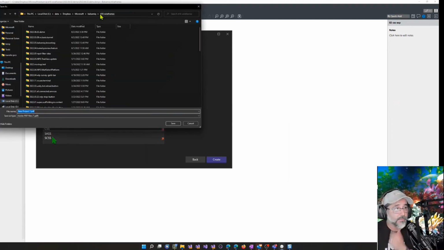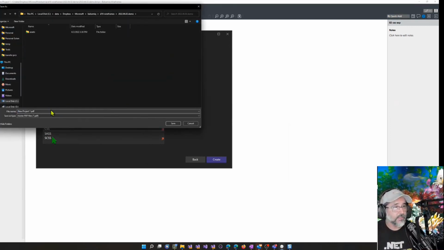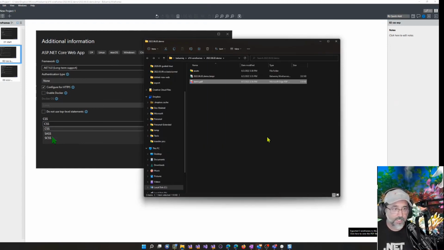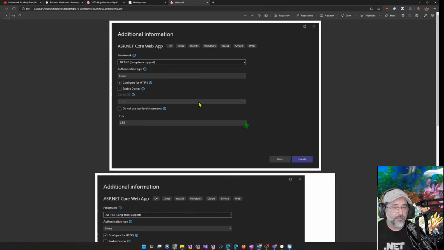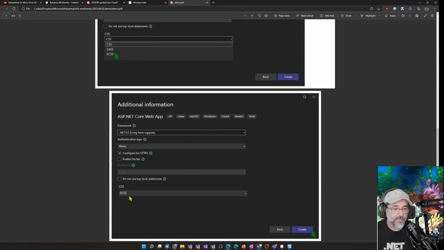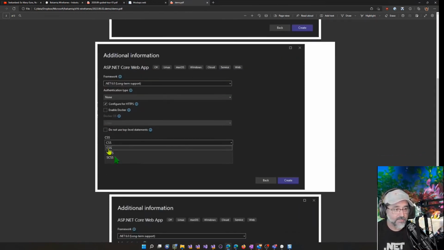All right, so now let me go back to my folder, demo. What a name. Let's go and open that guy up. Let's take a look. All right, so I got my demo here. So now I can bring my cursor here, and now I'm on the CSS option here. I can expand it. I see the additional options that are here. I can pick SCSS. And then if I was on that same page, I could also pick CSS to go